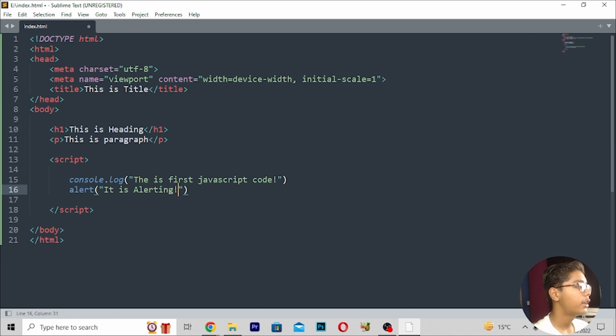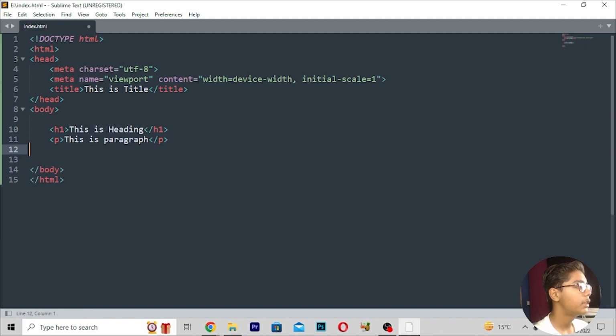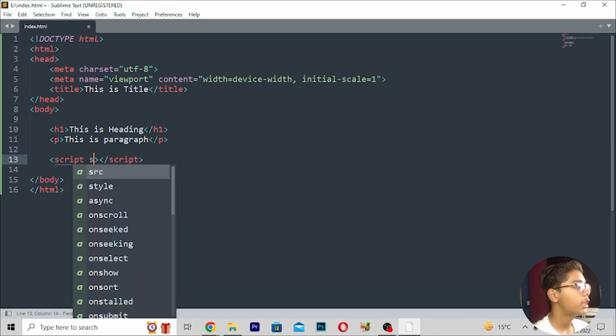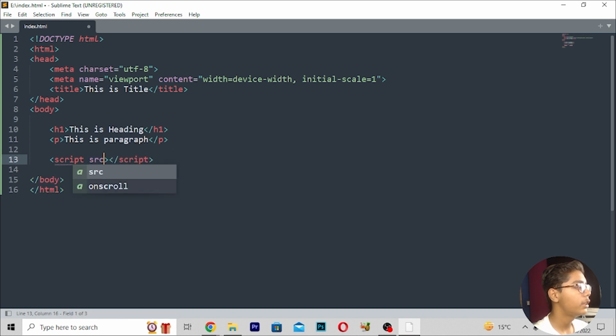Now here you can write the closing slash, save this, and when you save that, it will show these things in the browser and in your Google Chrome developer tool. So this was the thing which I wanted to show you, and this is the script tag which we have written here. Now I'll remove all these things, and then here you can move down and write a script tag again. You can also use this type text JavaScript written here, but not many people use that. You can directly write source and you can link your file here.